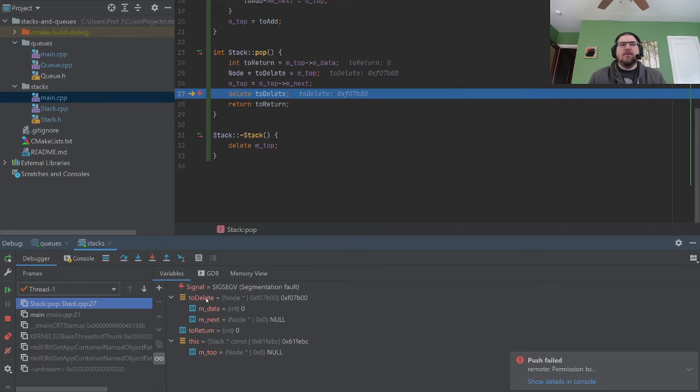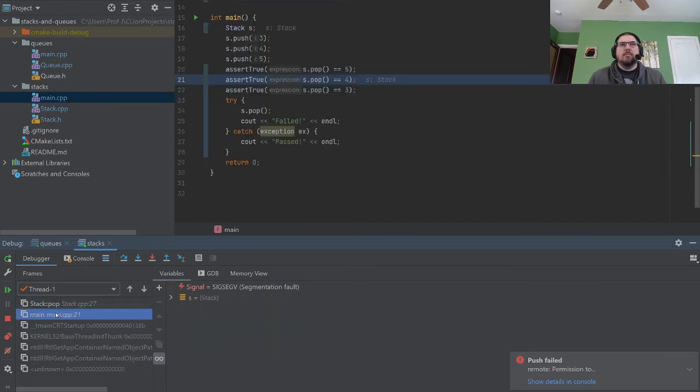Why is this a segfault? Wait, the first pop worked.